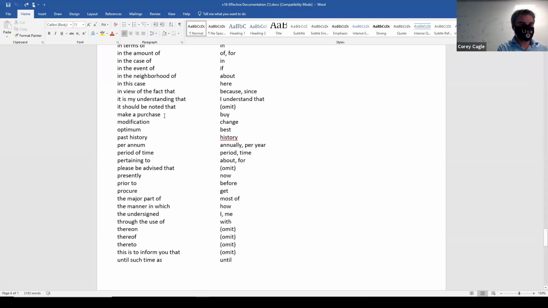Say, instead of saying make a purchase, say buy. That's stupid. I don't see why you would distinguish between those. Modification, they like change better. Yeah, whatever. Optimum instead of best. Y'all thinking of Transformers? Optimum's a little fancy, I guess. Yeah, but it's something to break up best. Like you just use best all the time, then you just use optimum. You're just like, man, that's top quality. Top shelf, you know?